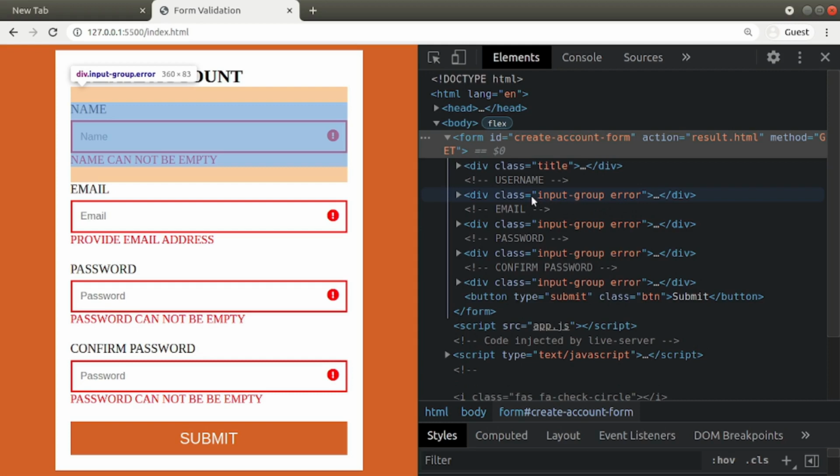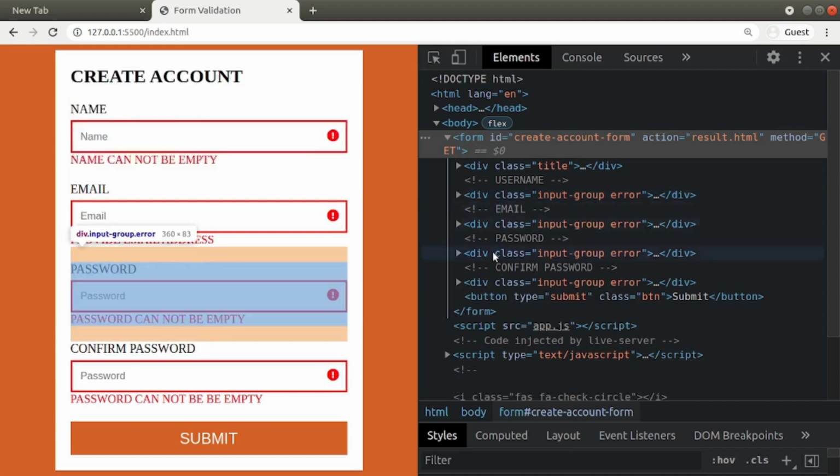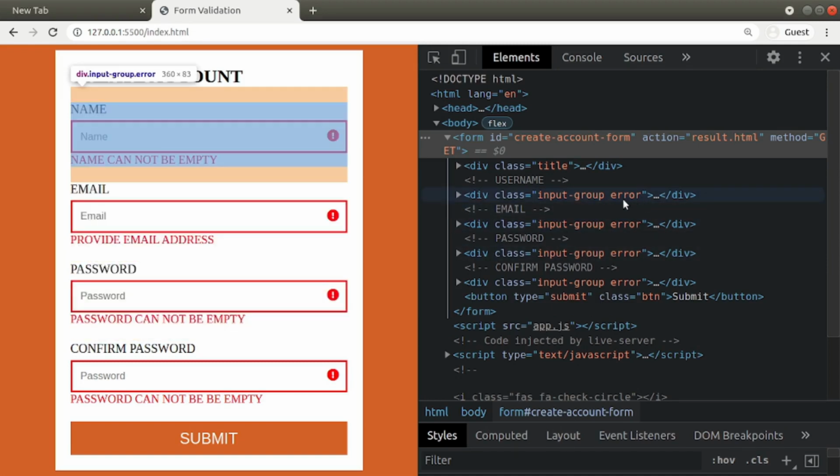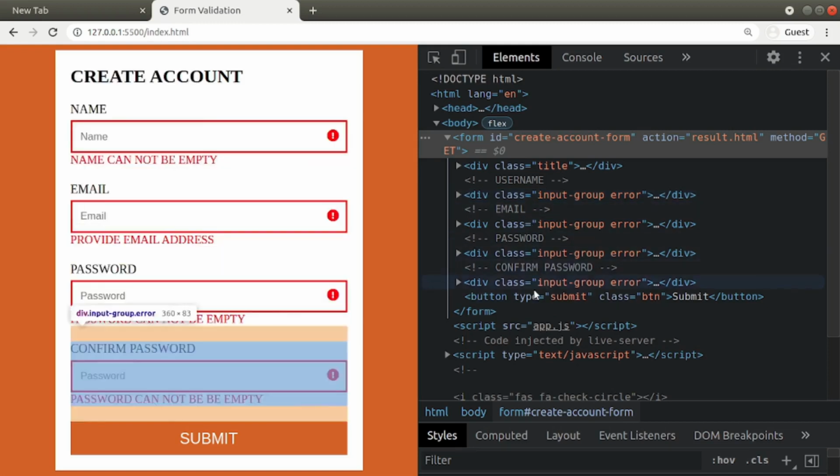So first we'll access these divs with this condition: if the div contains input-group, we'll access it. Later we'll check each div for the error class. If it contains the error class, we stop submitting. Otherwise, if none of these divs contain the error class, we allow submitting.